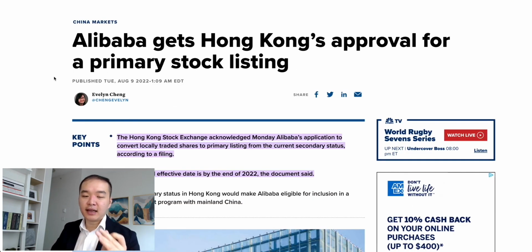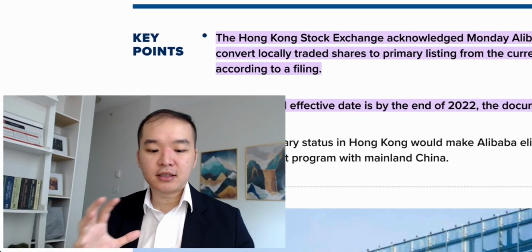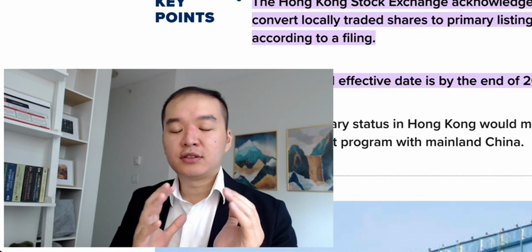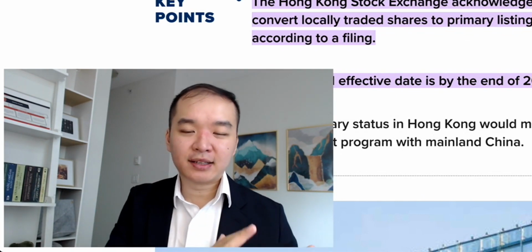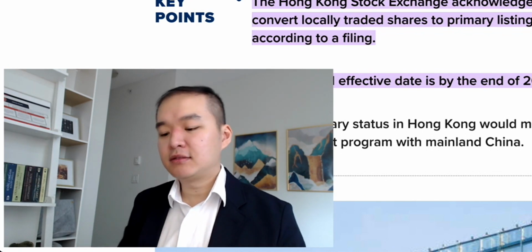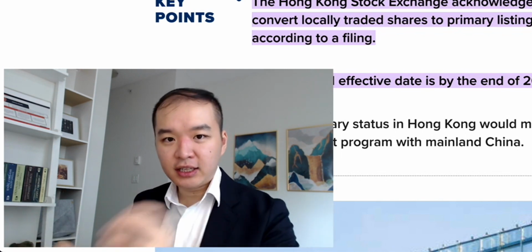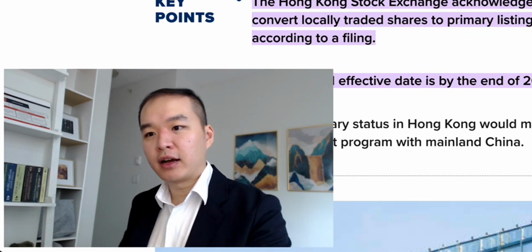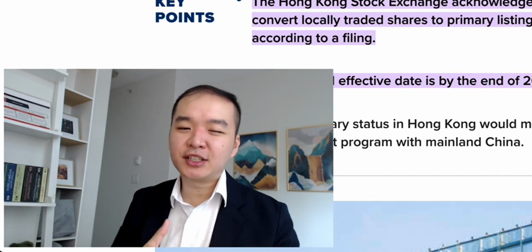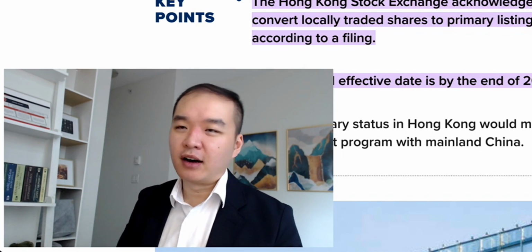Alibaba is listed in both Hong Kong and the US exchange. And US was the original exchange, and Hong Kong is actually the secondary exchange, but they actually had the option to convert that into a primary listing in Hong Kong and make US the secondary exchange. So what this does is Alibaba is positioning themselves so that in case they ever get delisted by US SEC, they're just listed in Hong Kong. So that means it will either become over the counter in USA, or you can't trade it from US and you actually need a Hong Kong brokerage account to trade it through the Hong Kong exchange. So you can see they're already positioning themselves to be delisted from the US side.